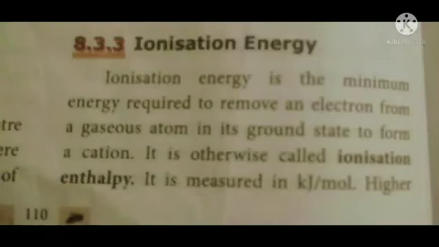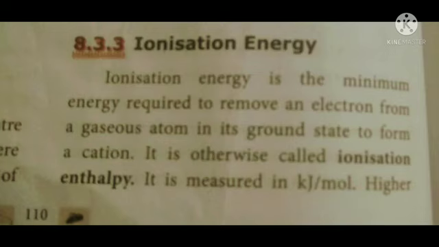Next, the important question, ionization energy, page number 110. I have already given the revision plan also, go according to that. Ionization energy is the minimum energy required to remove an electron from a gaseous atom in its ground state. So the energy that is required to remove an electron from an atom is called ionization energy. The important one word is that ionization enthalpy, that is energy, is usually measured in the unit kilojoules per mole. So students, learn this one word, it can be asked: kilojoules per mole.